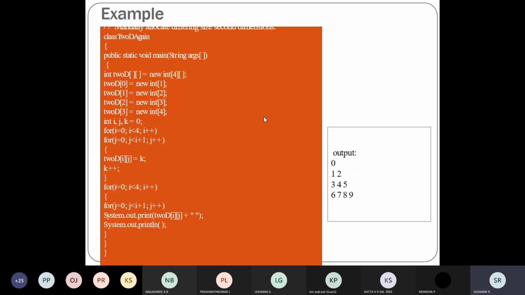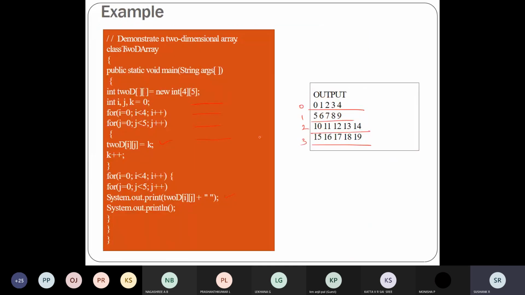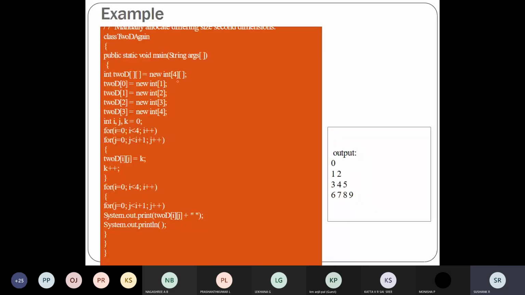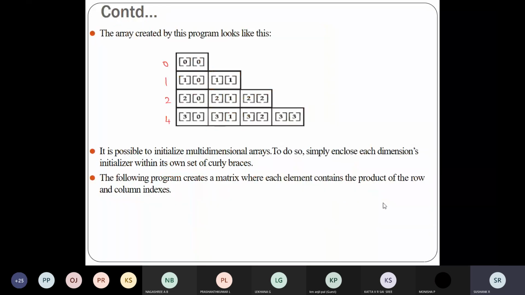Regarding this example also, the same example is being modified. Here I was declaring an array which contains four rows and five columns, but in this example I'm declaring just the number of rows required in the beginning. After that, I'm modifying the column requirement: one column in the first row, two columns in the second row, three columns in the third row, and four columns in the fourth row. That's why one element is stored in the first row, two elements in the second row, three in the third row, and four in the last row. So this is some modification of the for loop.